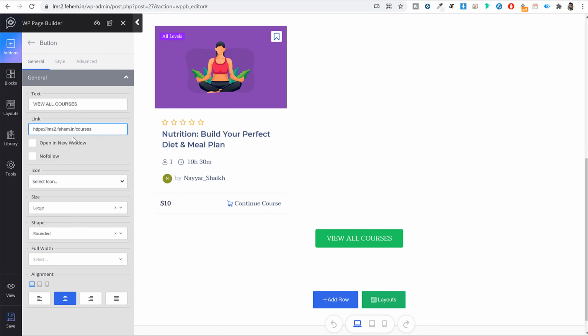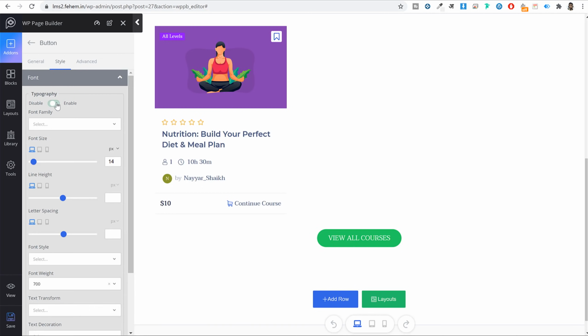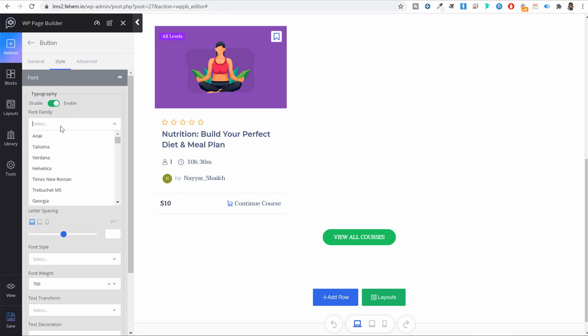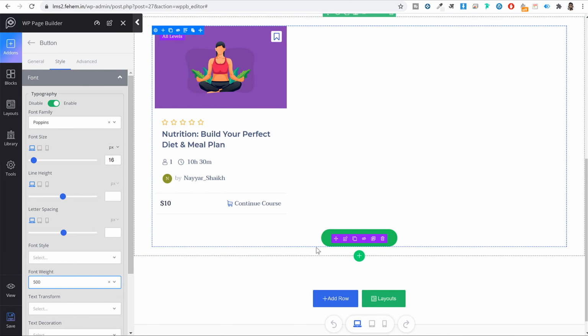Okay. For this also I want to make it round button like this one. Let's change this style. So for font, I want to enable this thing. If you want, you can have Poppins, or if you want, you can have some other font, like you can have Montserrat and all. For this one, I just want to have Poppins. Increase the size a little bit. Let's see. Okay, maybe 16 is looking good. You can also change the font family, font weight. Maybe instead of 700, let's make it 500, a little bit lighter.